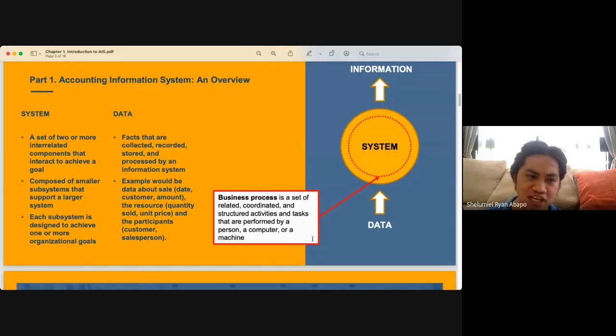Now, we also have a term called business process, which is a set of related, coordinated, and structured activities and tasks that are performed by a person, a computer, or a machine. What can we infer from this statement? That an accounting information system, class, is not limited to an automated system. Our first impression is that, because of AIS, and we're also partnering with SAP, or this is supposed to be a laboratory work, an accounting information system is limited to an automated one. No, an accounting information system is actually